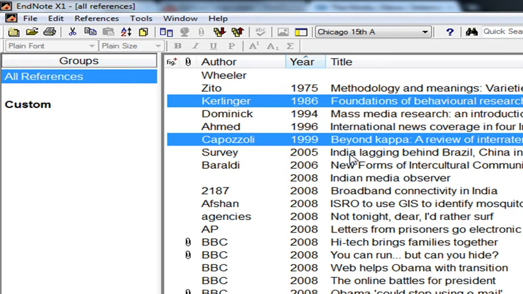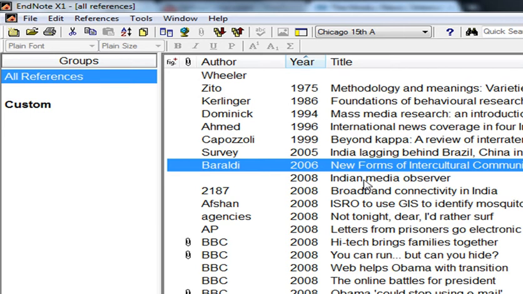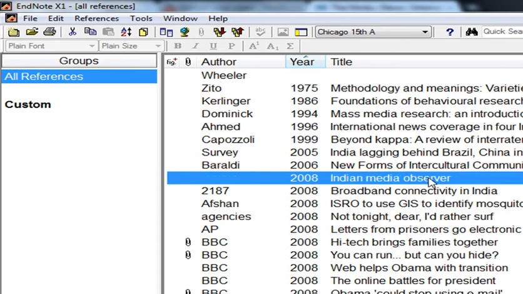And it is not possible to save it using the traditional methods of paper and pen, because you won't be able to retrieve it easily and you won't be able to find that reference for your use. So this EndNote has been designed especially to save your references and retrieve them with a click of a mouse.